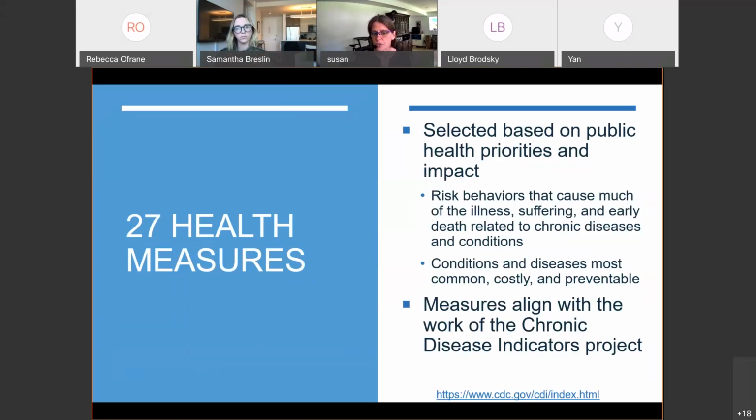Many of the measures in the PLACES data set align with our work as part of the Chronic Disease Indicators Project. And again, going back to the importance of partnerships at CDC, the Chronic Disease Indicators Project is a partnership between the National Association of Chronic Disease Directors, the Council of State and Territorial Epidemiologists, and CDC. The goal of that project was to identify key indicators for chronic disease prevention and health promotion. So when we started 500 Cities and now PLACES, we really used that information to develop and select our 27